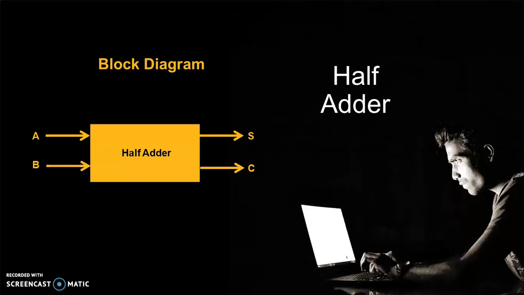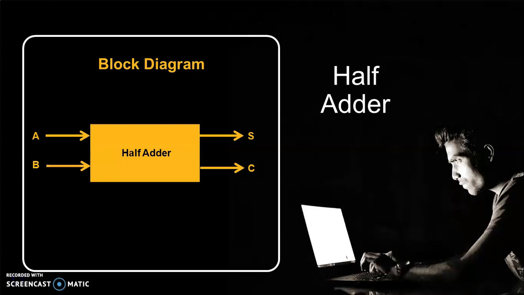We have two terminals at the input side. At the same time we have two terminals at the output side. At the input side we have A and B. In the half adder we have addition of A and B, and at the output we have sum and carry. In case of two inputs, we know that four different combinations are possible, and those are 0 0, 0 1, 1 0 and 1 1.